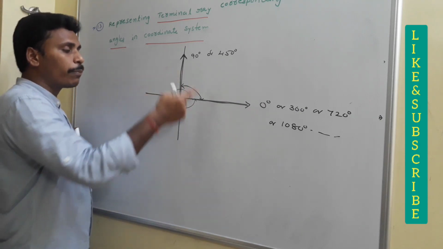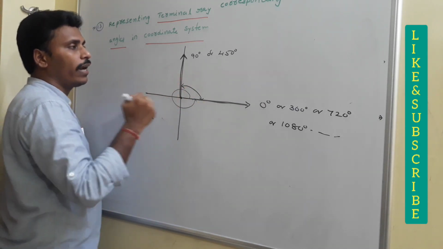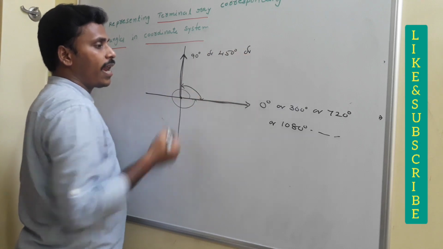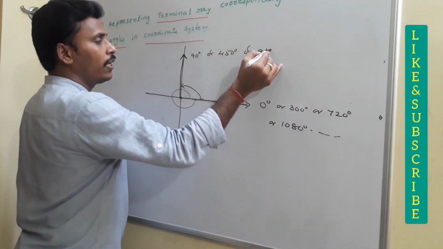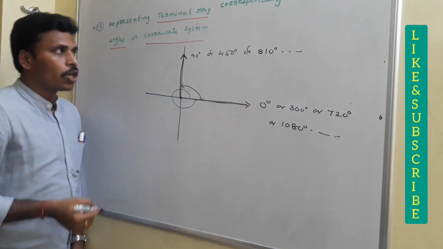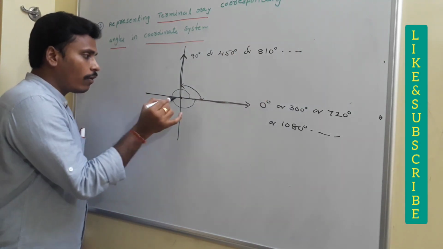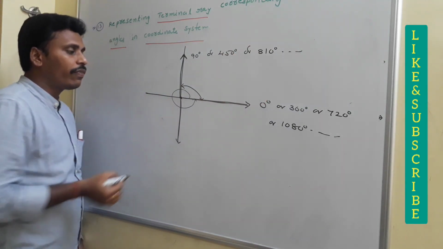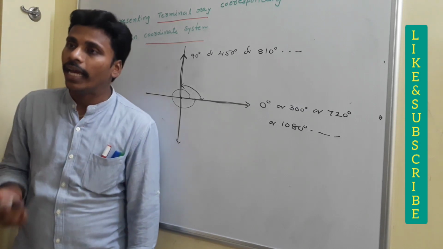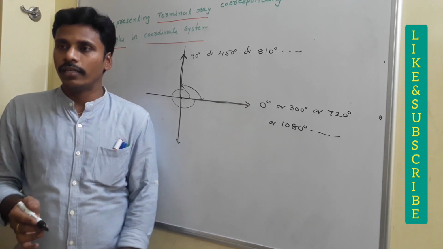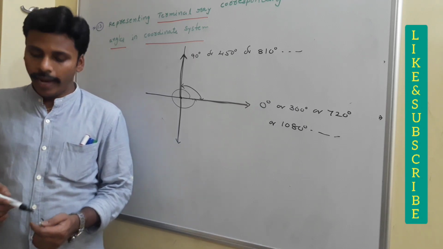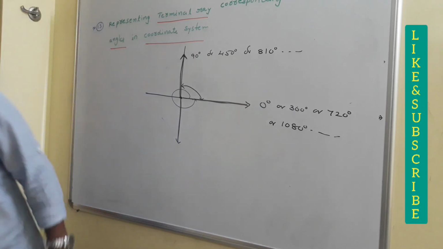And if a person completes two rotations along with 90 more degrees, then the terminal ray corresponds to an angle of 720 plus 90, which is 810 degrees, like that. So if you have any one ray, then that ray corresponds to many angles depending on the number of rotations. That's the discussion of this 13th point, right? I am moving on to the next one.